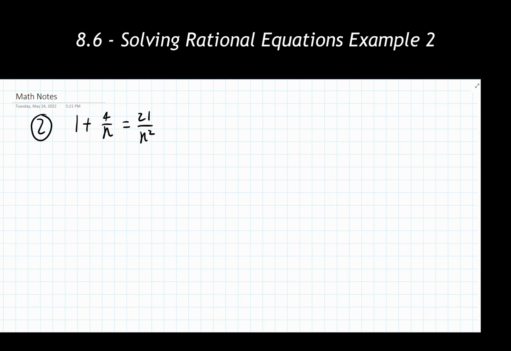Looking at our second example, we're going to follow the exact same process we did with the first. First, want to determine all values that create division by 0 anywhere in this equation. So I'm looking at all of my denominators, seeing where I have variables showing up. So I have no variables showing up down here. That 1 is implied to be over 1 as a fraction. I'm looking at my second one here, and I have a variable there. I have a variable here. So I need to find any domain restrictions that are showing up in 2 of these rational expressions.